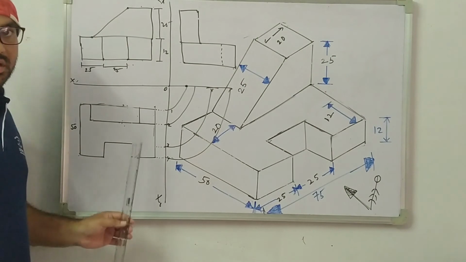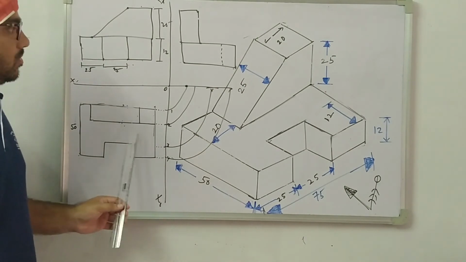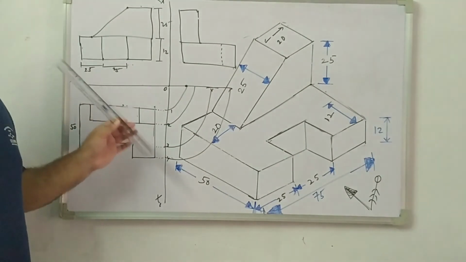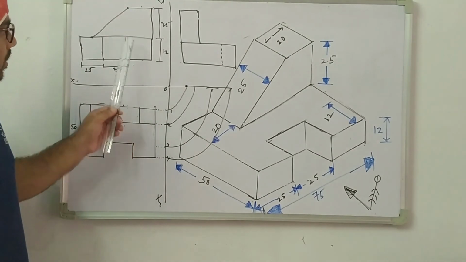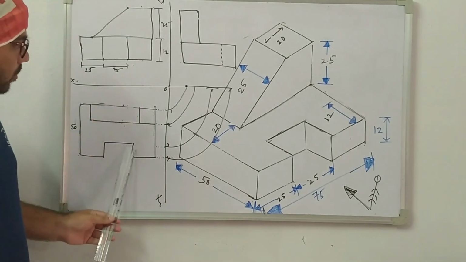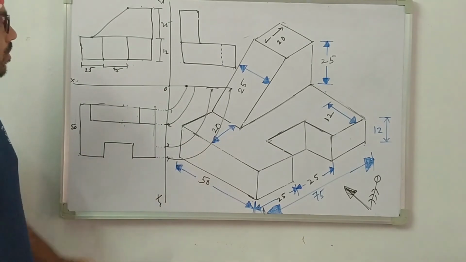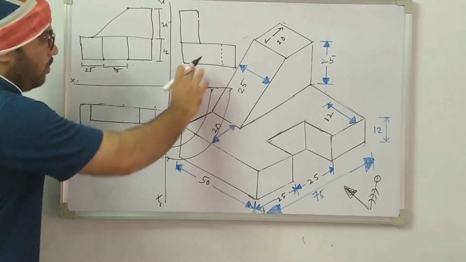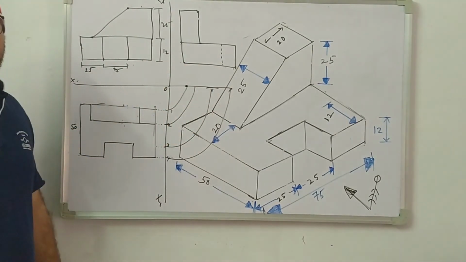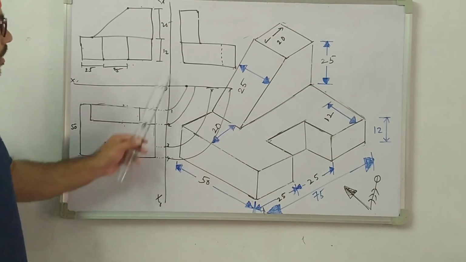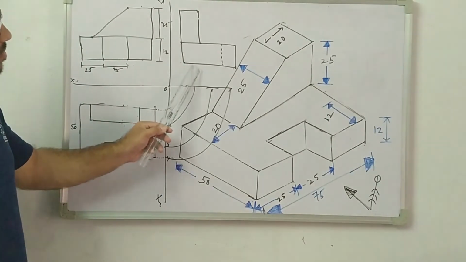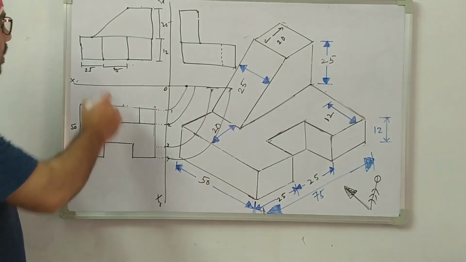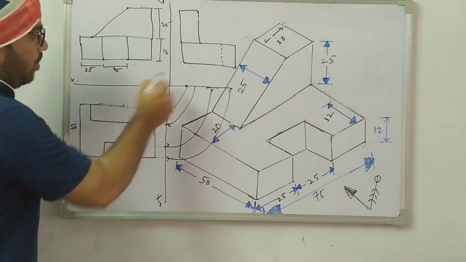So this is the procedure for construction of an orthographic projection. Here we have converted a three-dimensional object into a two-dimensional object. Here this is a front view, a top view and a side view. Whatever the distances are there, maintain the same distance while constructing the problem. Don't place the side view at an arbitrary place, at the equivalent distance we have to draw.